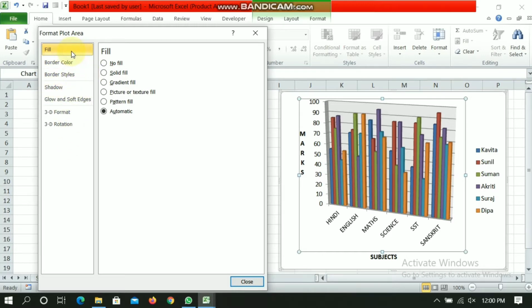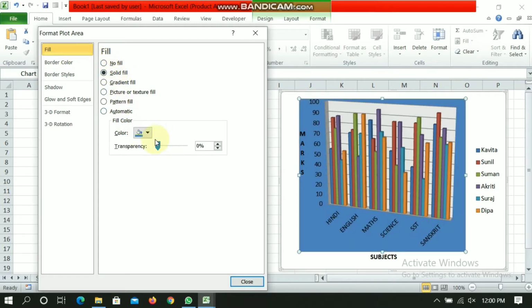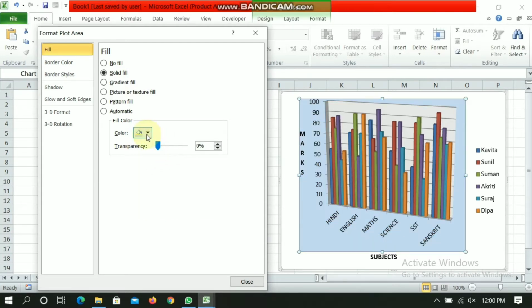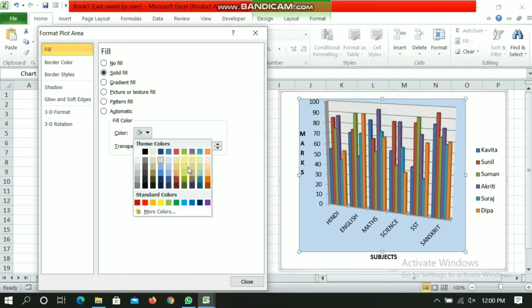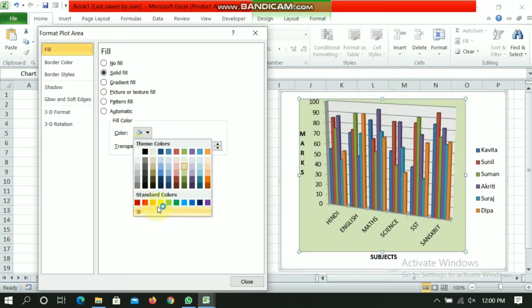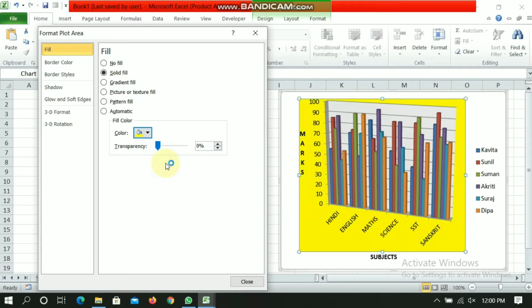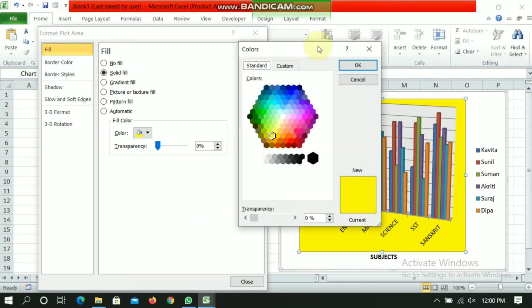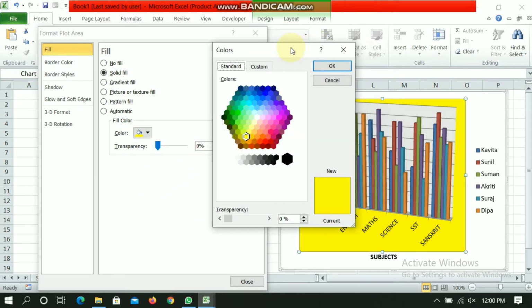First of all, we will go to fill and solid fill. Here blue color is already selected, you can choose any one and it is already previewing. Whichever color you like, you can set in the plot area and you will find more options as well.